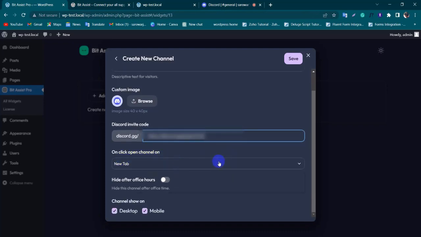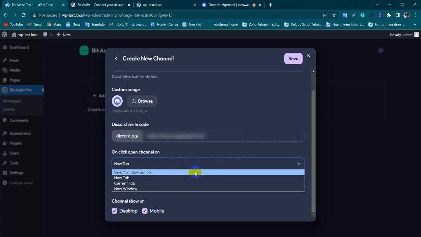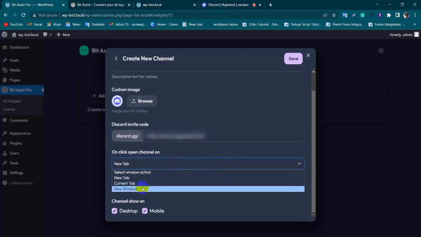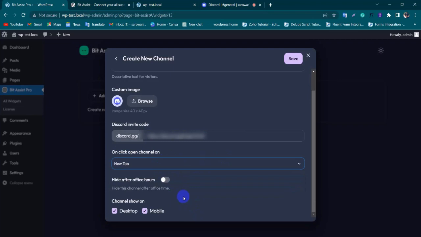One click open channel on. You can open it in current tab and otherwise new window. And also you can hide this logo after office hours. You can on and off this and also you can show this on desktop or mobile. I keep it both, so click on save button